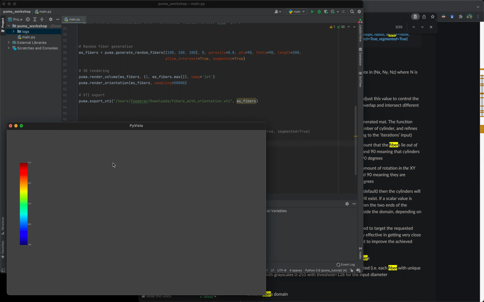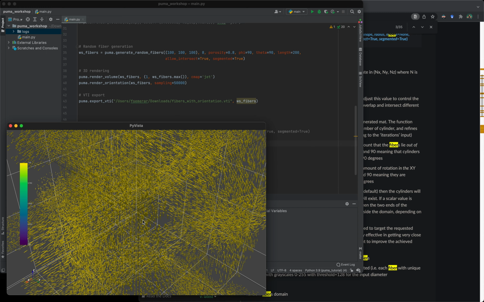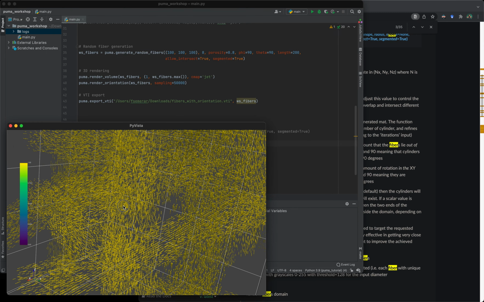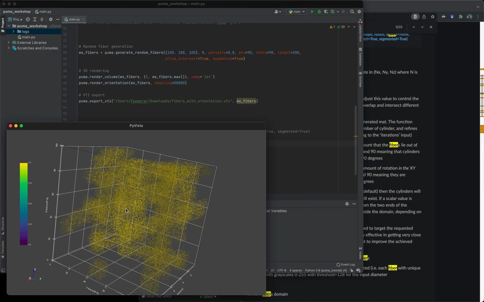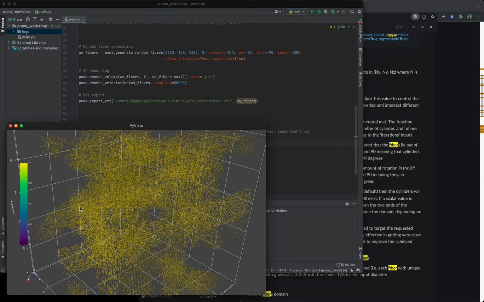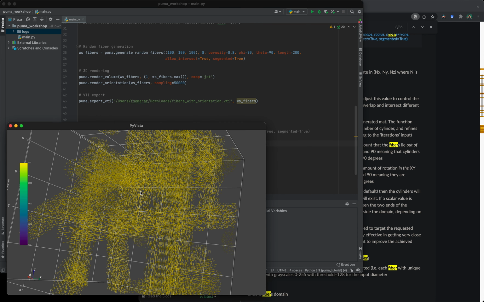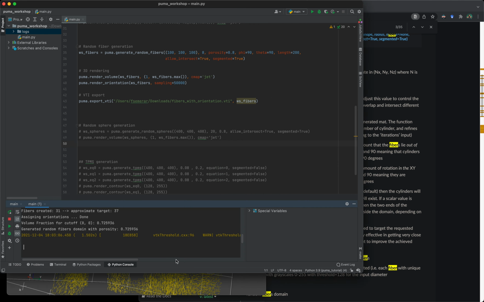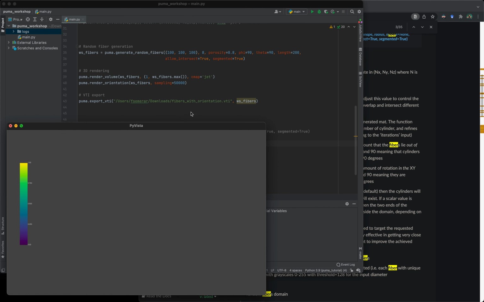Since we're generating these domains, it's going to output directly the orientation of these fibers that are generated. So it's just going to take a second. There it goes. So here is the vector field, where at every voxel we have a specific vector pointing in the direction of the fiber orientation. Now if I close this window,